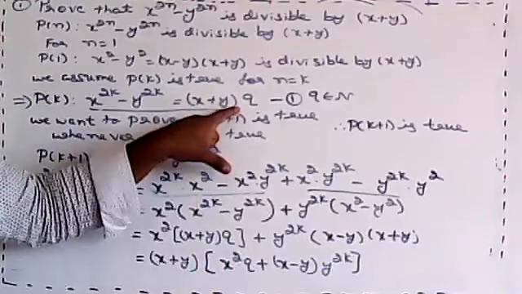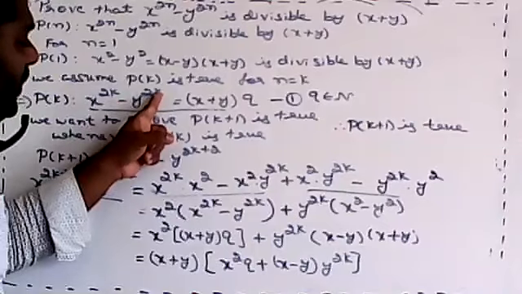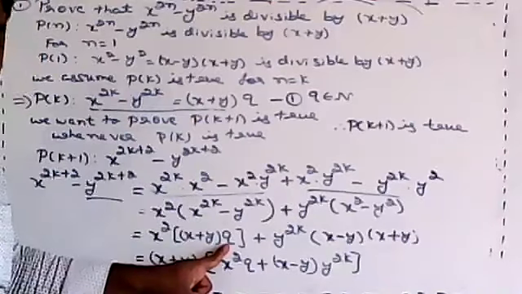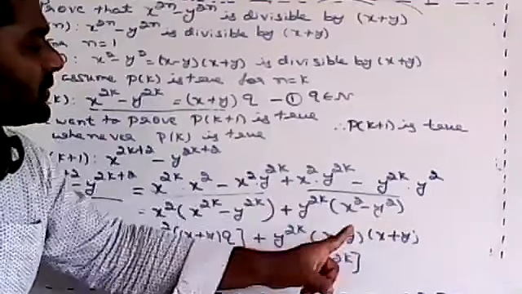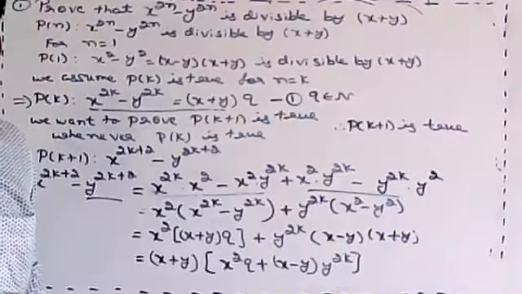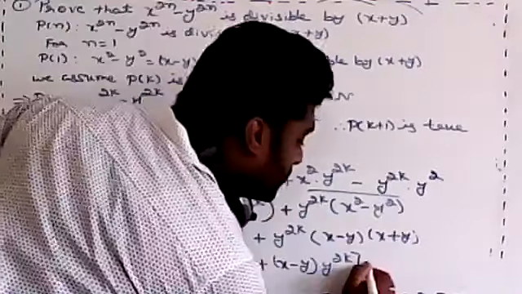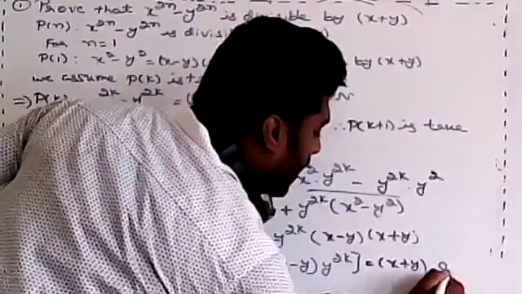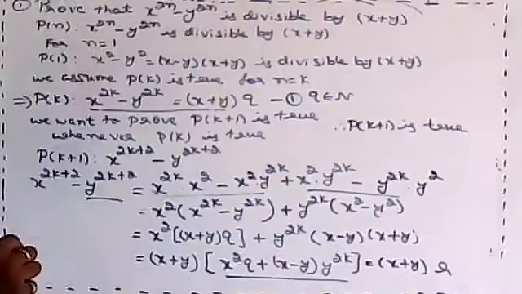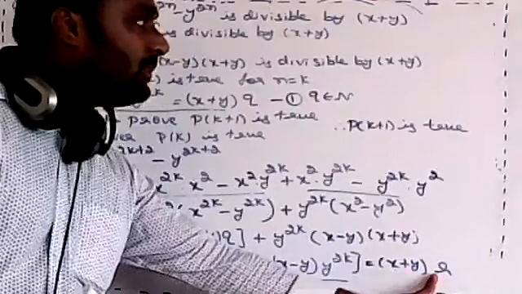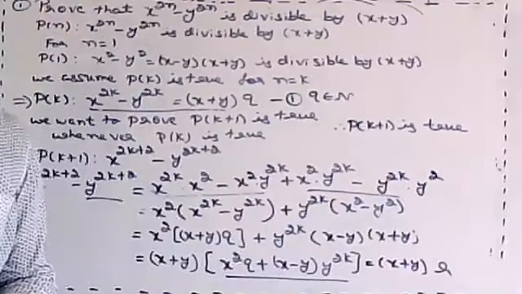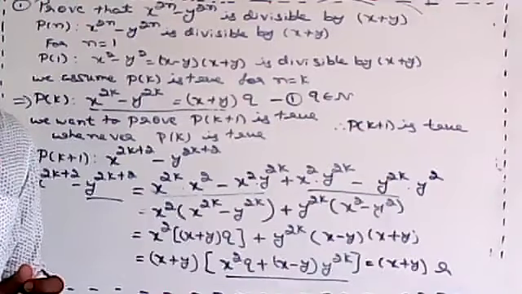Then take a common term in this. So remaining this one, as we know from equation 1, x to the power of 2k minus y to the power of 2k is nothing but x plus y into q. Correct? And then x square minus y square we write as x minus y into x plus y. Got it? Then you take x plus y common, remaining is x square q plus x minus y into y to the power. If you want, you can take this as r also. We'll write this as x plus y into r. R means these are all the values. So if it is a multiple of x plus y, it is divisible by x plus y. Correct or not? So therefore p of k is also divisible by x plus y. Clear?